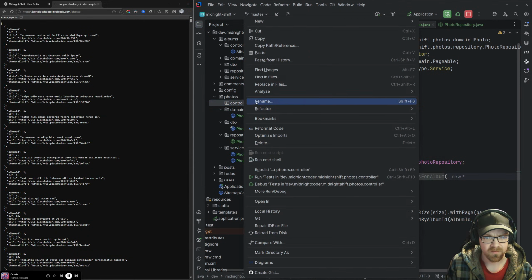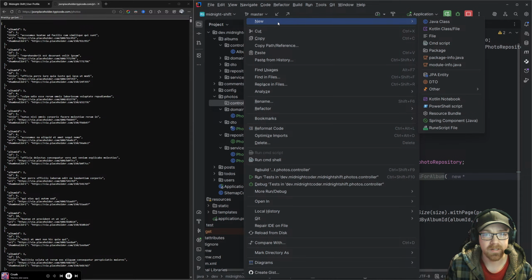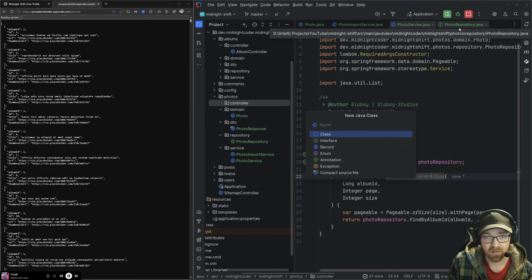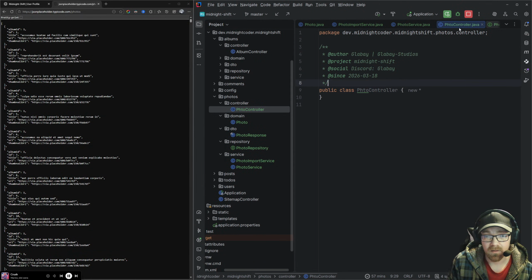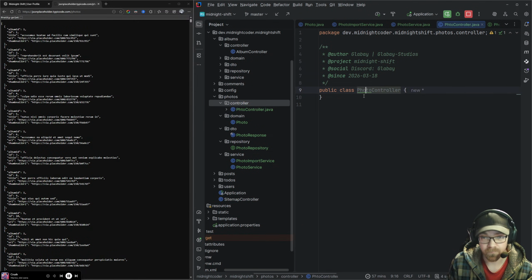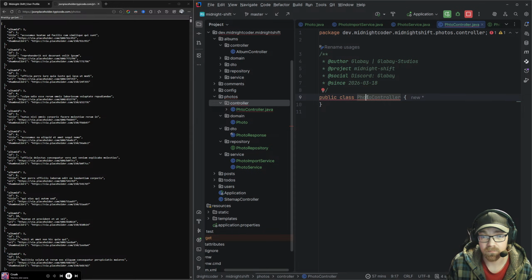Shoot. So this is going to be a new Java class of photo controller. And oop, I gotta spell that right in order to do this. Rename the file.